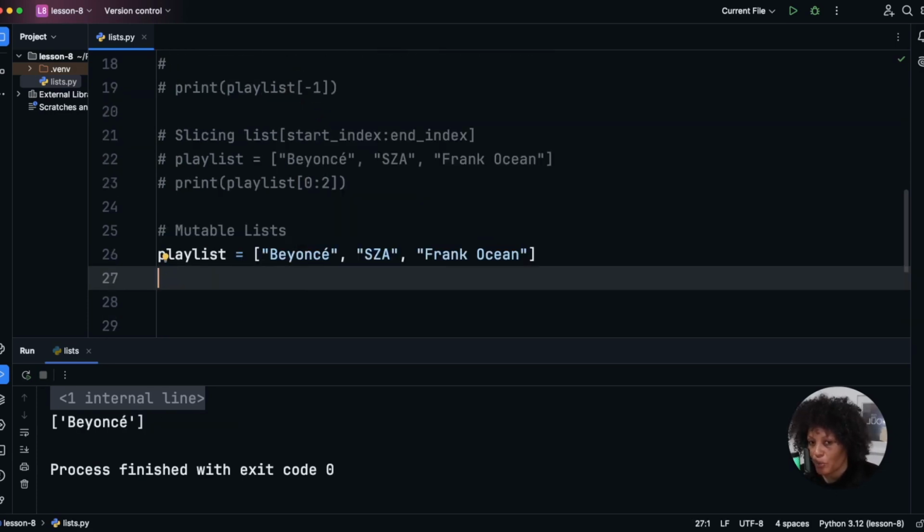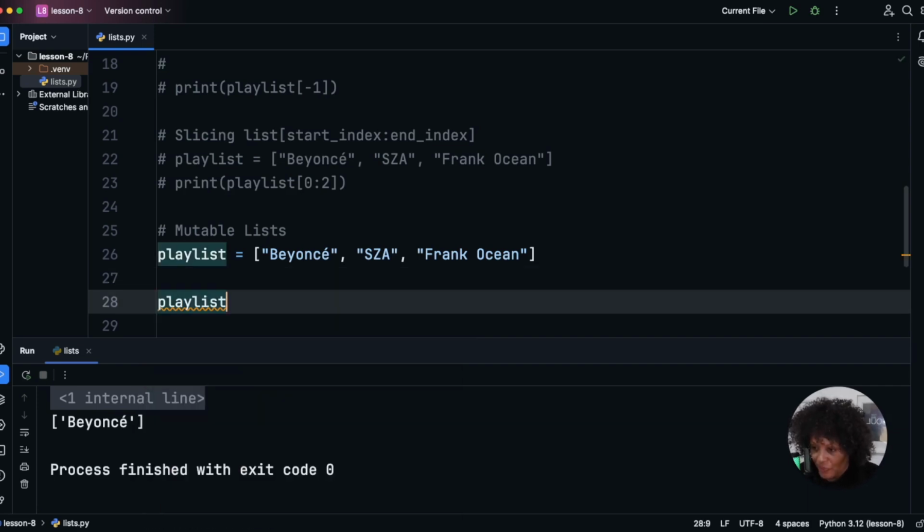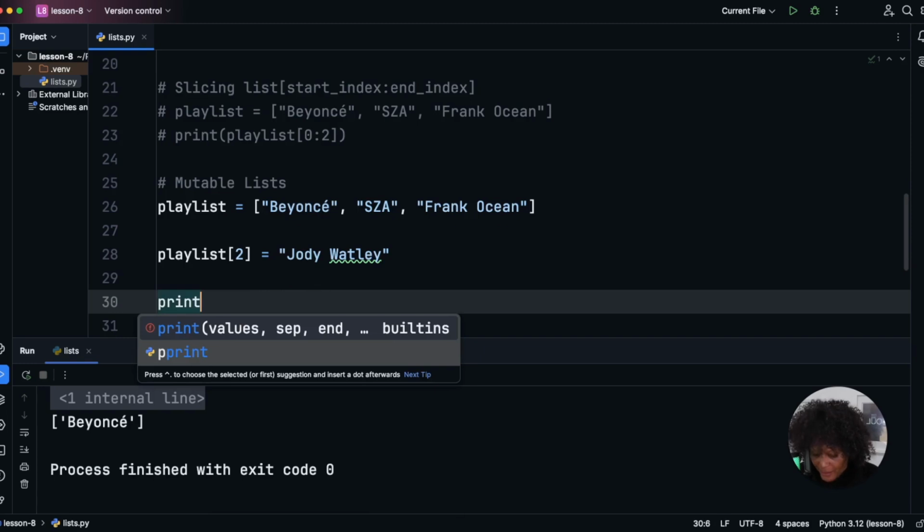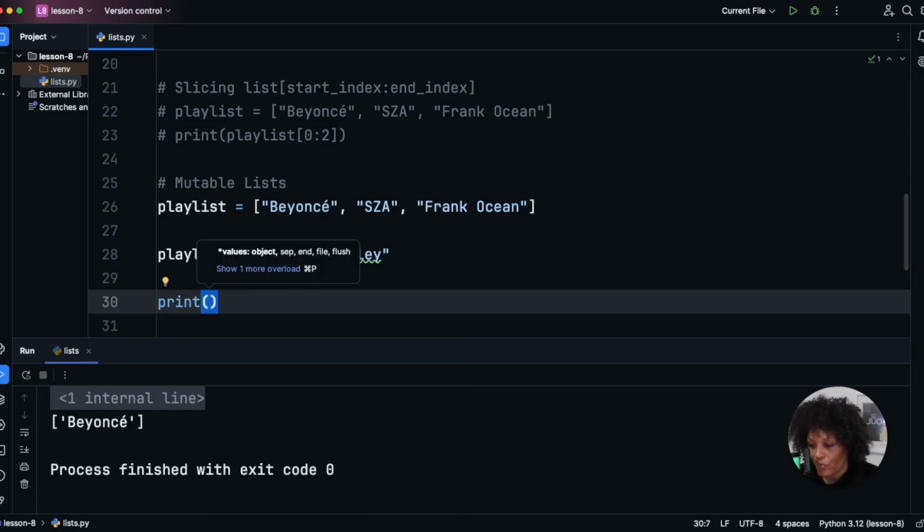So lists are mutable. And so what does mutable mean? It means it can be changed. So let's say I added the wrong item in this playlist. Frank Ocean is not correct. What I could do is I could easily just go playlist, select the item that I want to change. So the index for Frank Ocean is 0, 1, 2. I'm going to say 2, and I can reassign it to who I'm going to put. Jody Watley. That's so random. But yeah, Jody Watley. And then if I print the playlist,